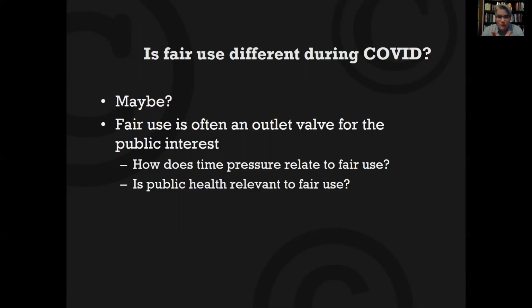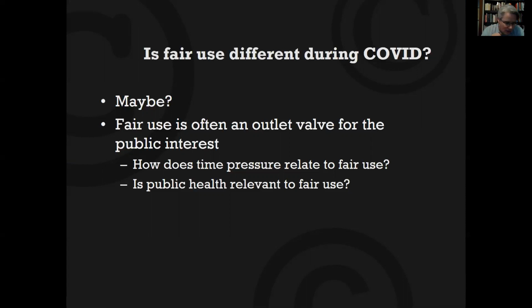Fair use is often looked at by courts as an outlet valve for public interest issues, for things like satire and criticism. One thing that has come up in relation to the public interest in the past is the idea that fair use may be more likely if there's extreme time pressure. It may be more likely that you can go ahead and use something without permission if there would not have been time to get permission in the first place. This has often been in the context of news reporting with the hot news doctrine. If you have to do something really fast, sometimes you might be able to do it without permission, and it may be more likely to be fair use because of time pressure.